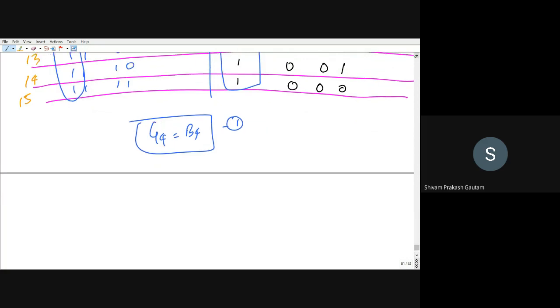Similar kind of logic you have to follow for G3. What will be the G3? What will be the logic for G2? And what will be the logic for G1? You have to calculate, because what you have to do, you have to convert binary to gray. So that means you are already having binary, and you have to calculate the equivalent gray code for equivalent binary bit. And this we are dealing with 4-bit. You can also have 3-bit, 2-bit, or maybe 8-bit, right? So like this we can have. So first we will see for G4.